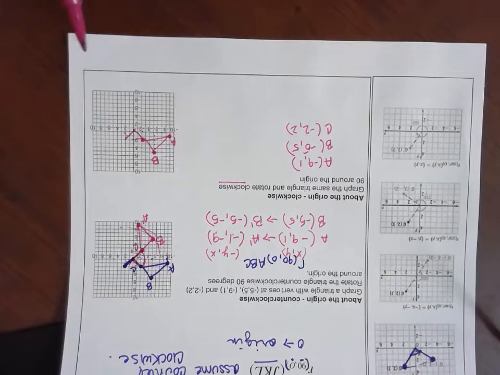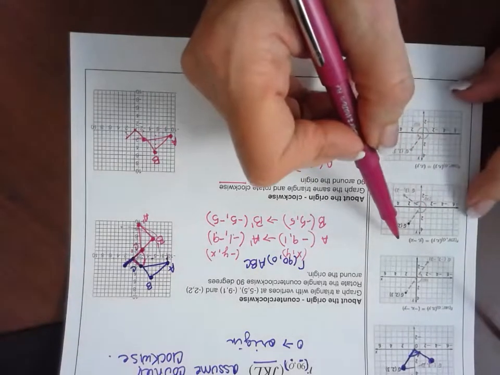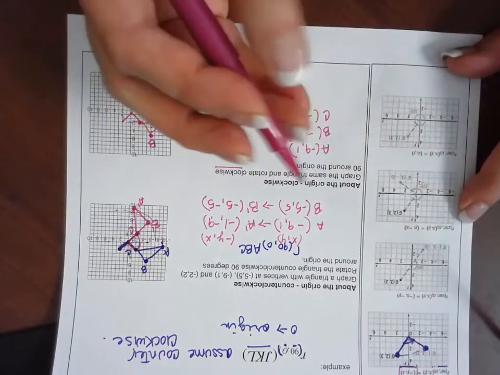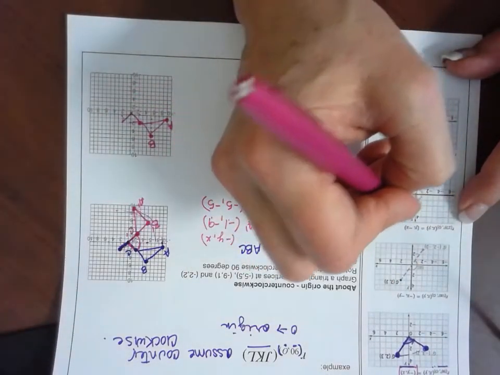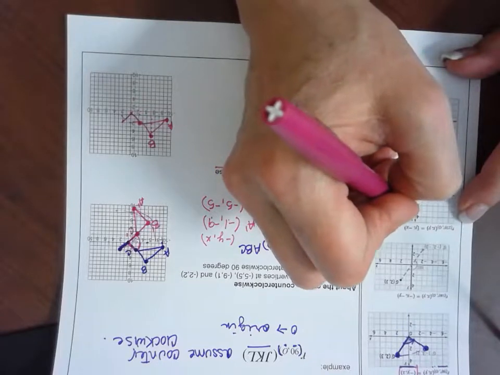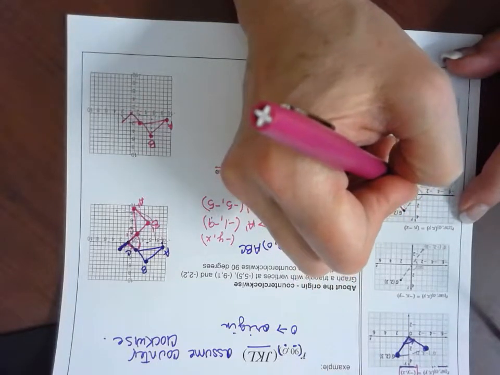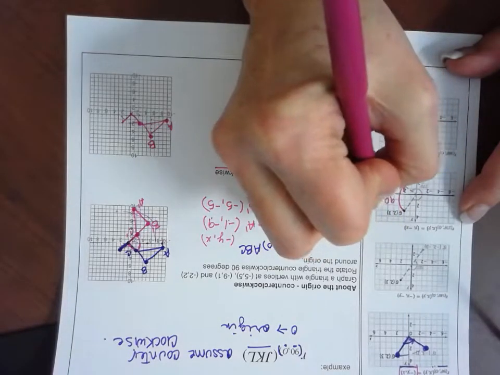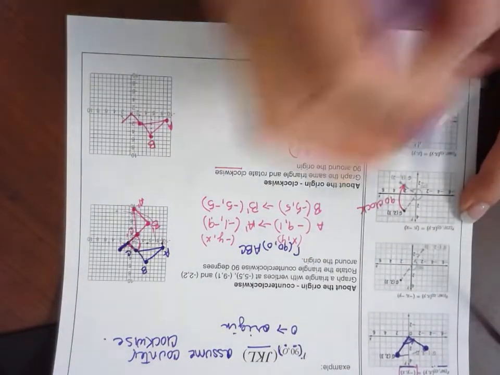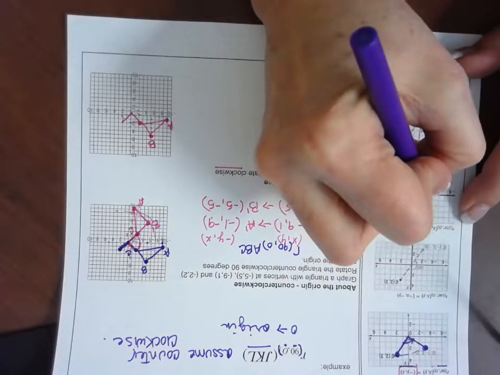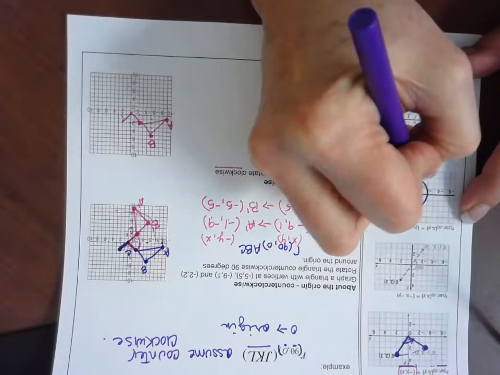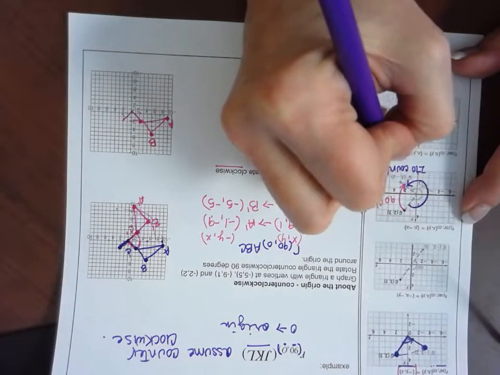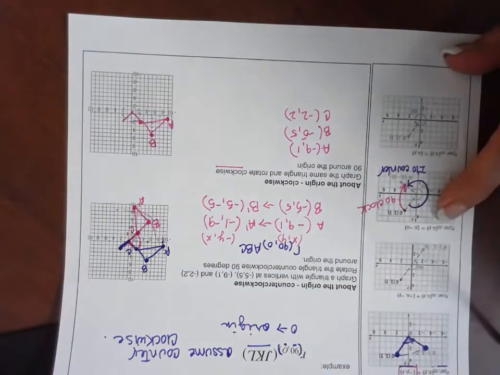Well, 90 degrees clockwise is the same as going 270 counterclockwise, because if I went from this point 90 degrees clockwise, that's 90 clockwise. But if I went counterclockwise, I'm at 90, 180, 270 counter. So I'm going to use this formula here,